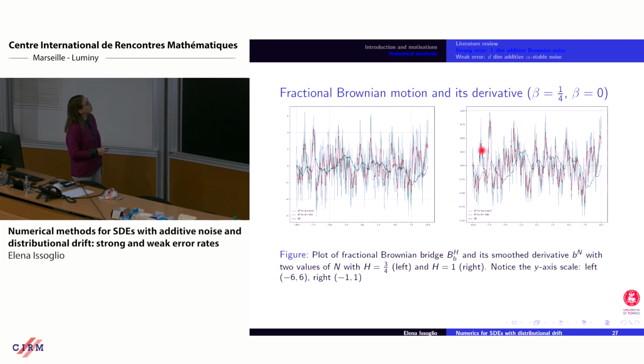And then we took the derivative. Of course, the derivative doesn't exist. You cannot plot it. So this is a smoothed derivative, smoothed with the heat kernel. And the smoothing parameter is called capital N. When you see two lines, one green and one red, the green one oscillates more than the red one because the smoothing parameter is higher. As N goes to infinity, this thing will oscillate to infinity because it becomes a distribution. So this oscillating green line is what we plug in the drift B_n.